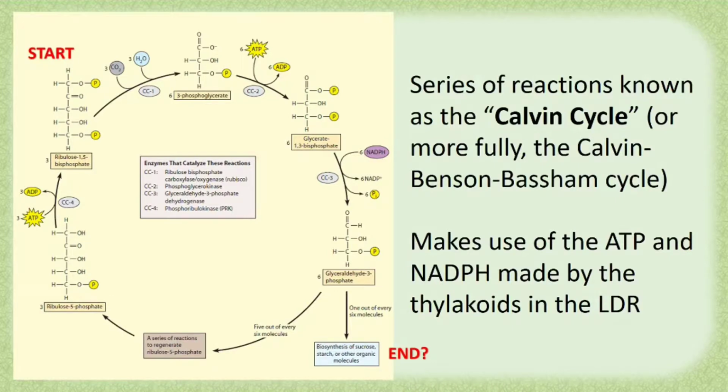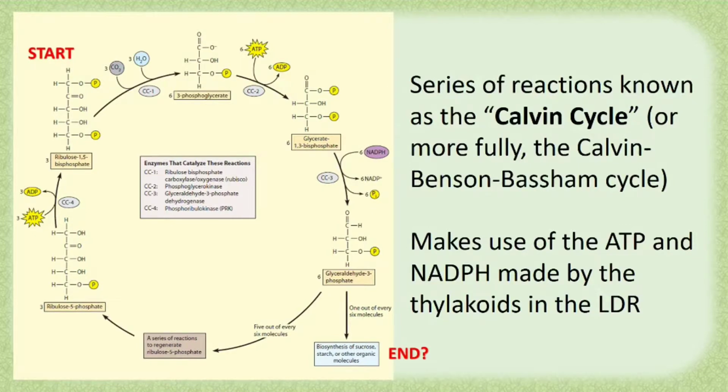It can look a bit intimidating when you see a diagram of the whole lot at once, like the one shown here, but don't worry, we'll look at it step by step, consider some of the detail, explain what's going on and make sense of it. It's called a cycle because there is an extent to which it goes round and round and round, as you can see in the diagram there, but at the same time we can think of it having a start and an end. The start really where carbon dioxide is fed in, and the end where we make the useful